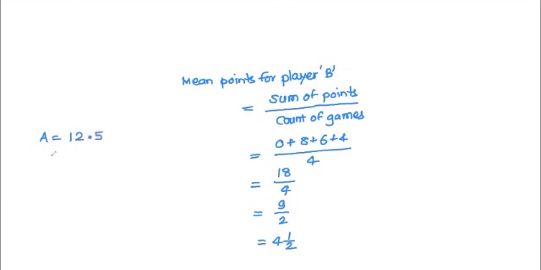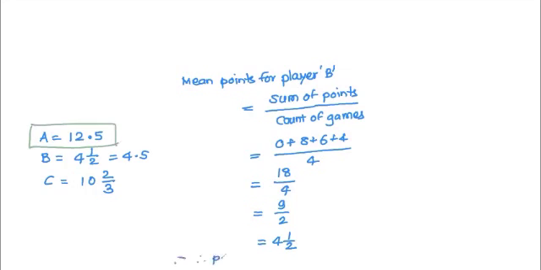The average points scored by B is equal to 4 1 upon 2, 4.5, and by C are equal to 10 2 upon 3. So who has scored the highest average points per game? It is player A. Therefore,